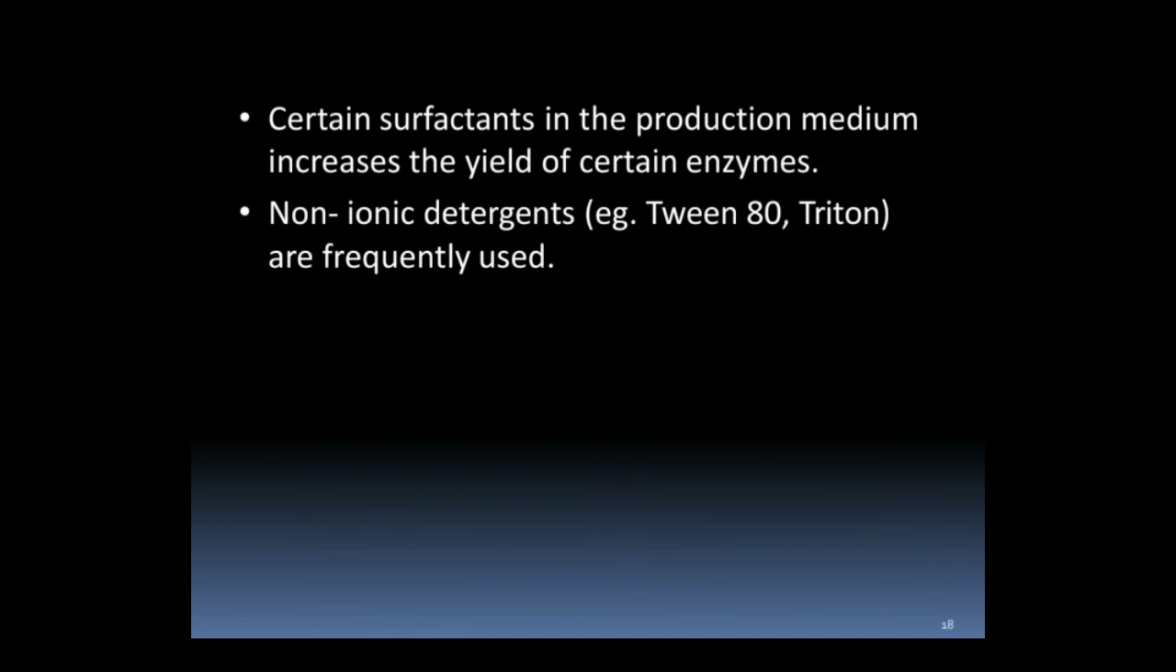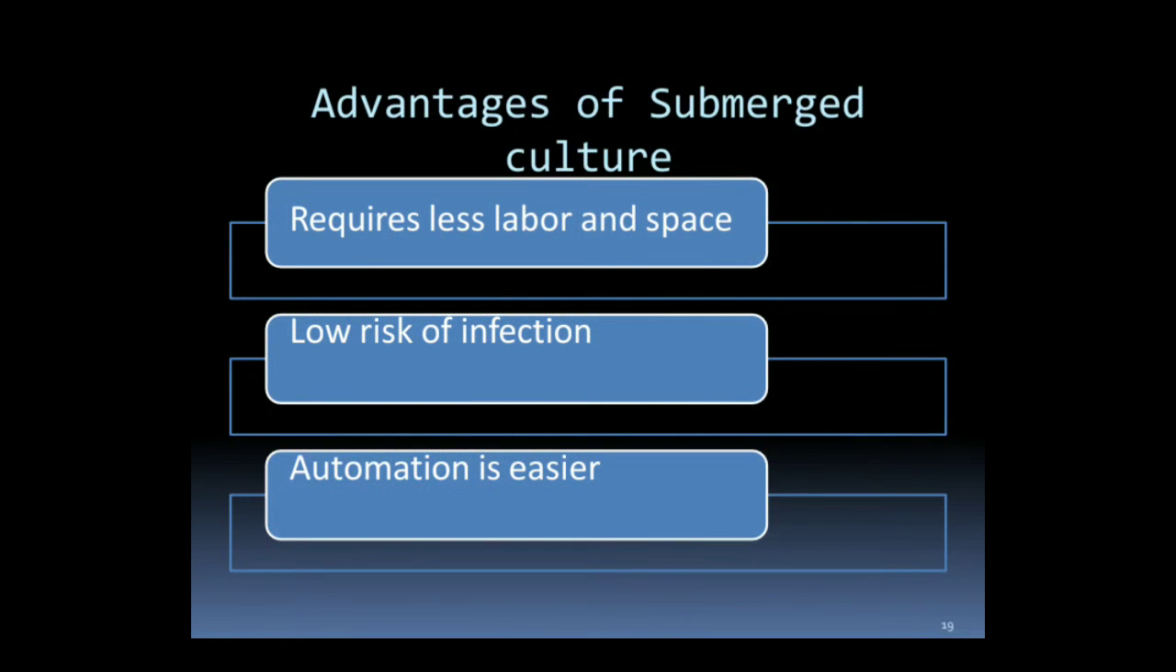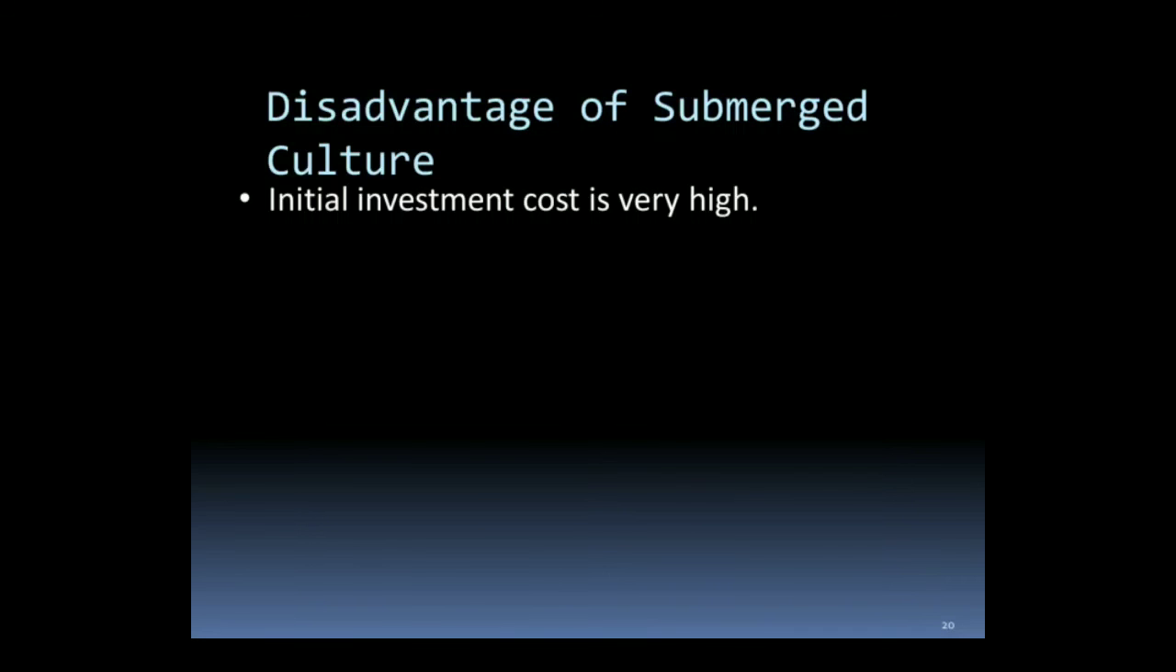There are certain surfactants which can be used in the production medium to increase the yield of certain enzymes, and certain non-ionic detergents such as Tween 80 and Triton are also frequently used. What are the advantages of this particular method? It requires less labor and space, there is a low risk of infection, and automatically controlling this type of process is very easy. The disadvantage of this particular method is